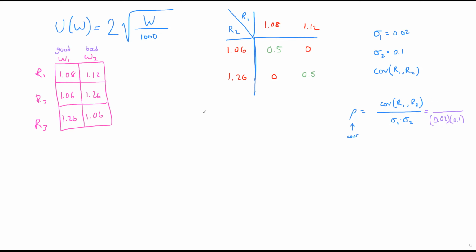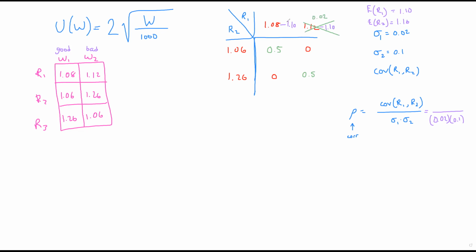Ready? You're going to subtract the mean of R1 from each of its values. Let's remind ourselves. Expected value of R1 was not 0.1, but 1.1. The expected value of R2 was 1.16. So you're going to subtract the mean of R1 from each of the R1 values. You're going to subtract the mean of R2 from each of the R2 values. So I'm going to subtract 1.10 here and subtract 1.10 here. That's going to make these new values